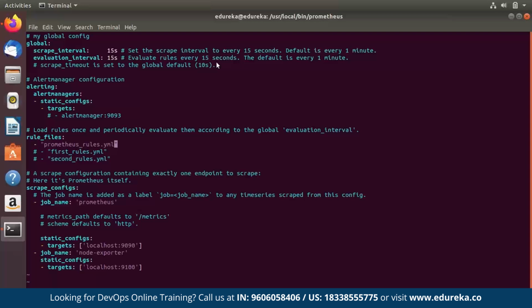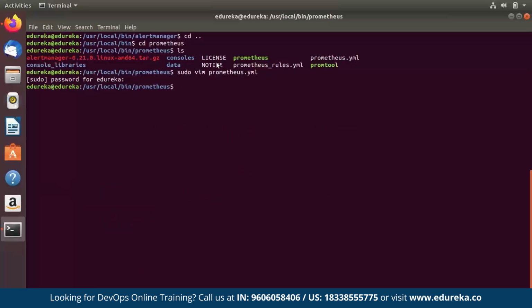And here, as you can see, I'm going to specify my Alert Manager to port number 9093. And once I'm done with that, I'm just going to save this file. And now I'm going to restart Prometheus.